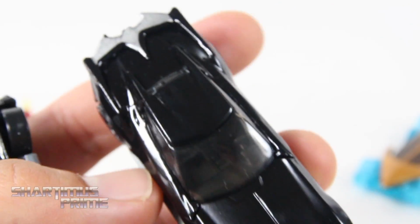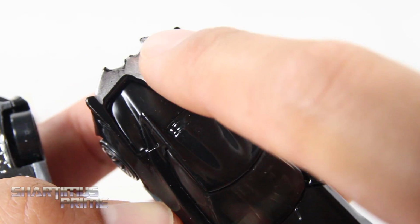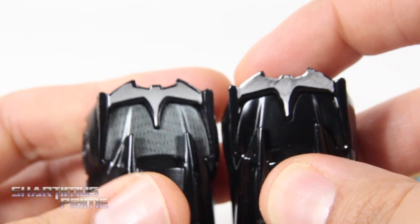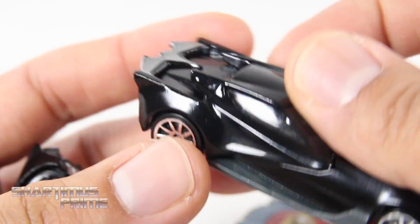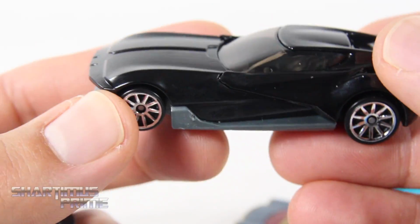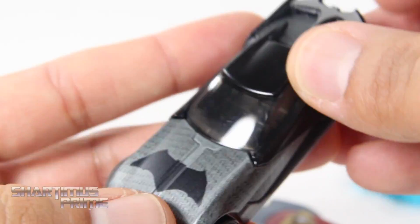So you turn up the settings, it looks a little bit better as we get brighter, but you can see the bat ears, and you can see the bat logo right there on the very top, or on the very back of it. Same thing with this one. They both have that bat logo right there. So I think this one looks nice, but I just prefer the one that came in the pack set,